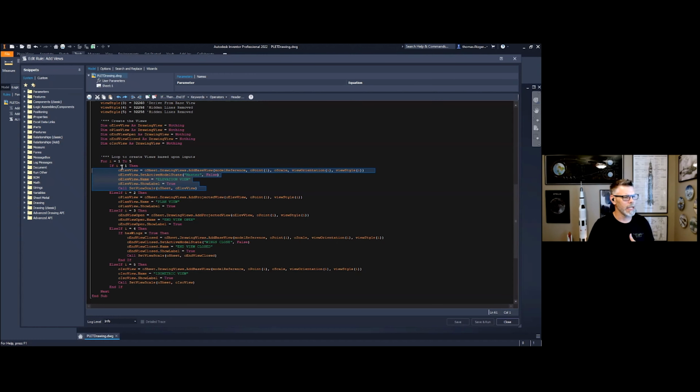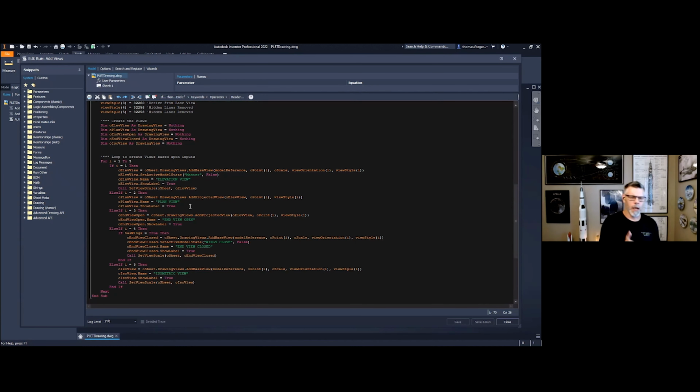So in this case, if I equals 1, well, it's going to create a drawing view. It's going to use a particular model state. It's going to name that model view, and then it's going to show the label. Now, if the condition is something else, like say, if the condition is 2, or if the condition is 3, then we want to do something else. So outlining your code by using an if, else if, or if else statement is a way for us to be able to define the different conditions that might exist, and then what we want Inventor to do when those conditions exist.